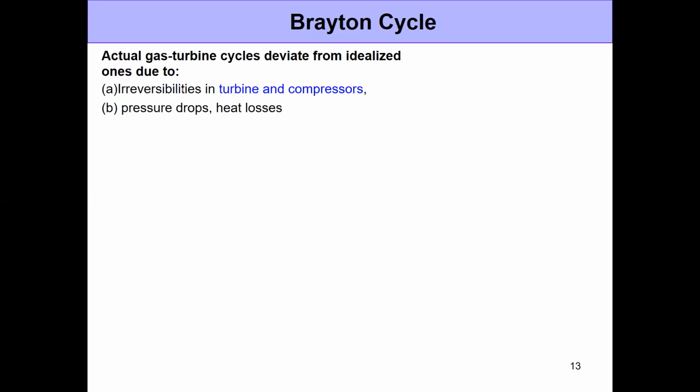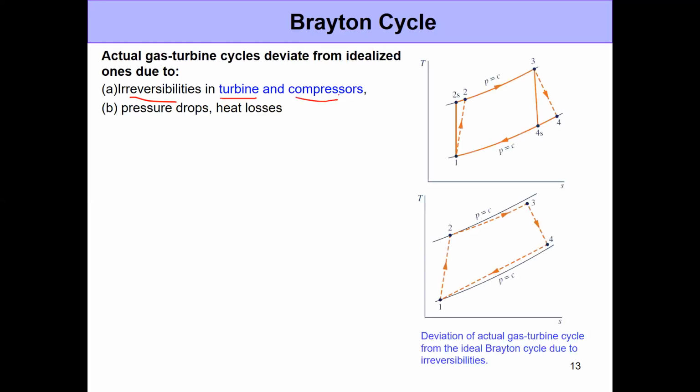last class. When you talk about actual gas turbine cycles, they deviate from the ideal cycles due to two main reasons. First, because of irreversibilities that exist within the turbine expansion and the compression process within the compressor. This is normally shown as the increase in entropy during the compression and the expansion processes respectively. If the irreversibilities did not exist during the compression process, the ideal compression process would be isentropic. That is, S1 would be equal to S2, but that is not the case in the actual scenarios because of the irreversibilities that exist within these turbines